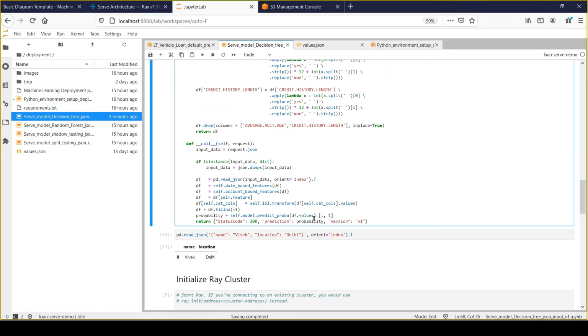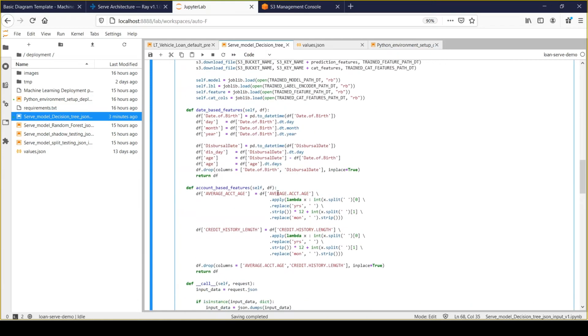Here we are just taking the prediction probability of loan default, so I'm taking index 1, and once we get the probability value, we populate the response layout. We simply send the status code, which is 200, the prediction as a probability, and I'm giving the version name as v1.